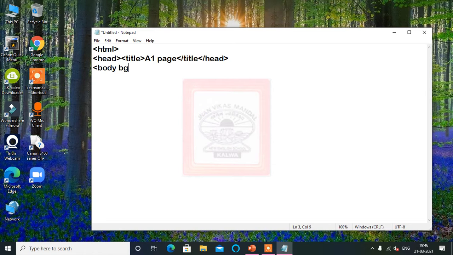Body here, bgcolor. Here it is given in the book gray color, so I am giving gray color only. When it is a single word name of the color, it is optional whether we have to give inverted commas or not.